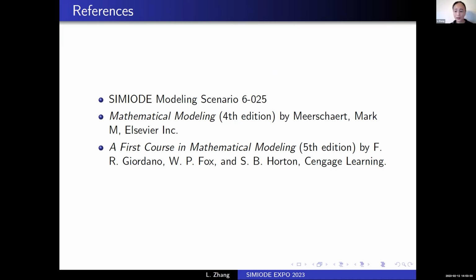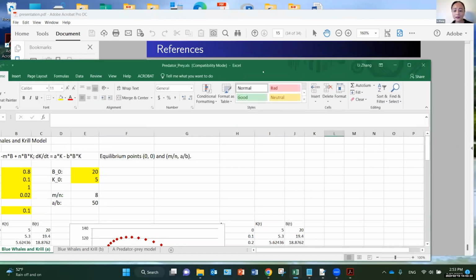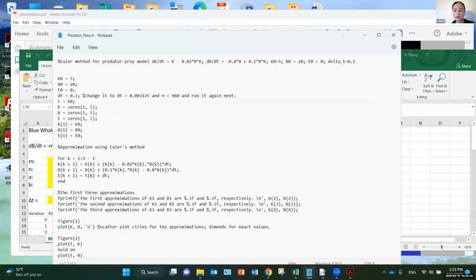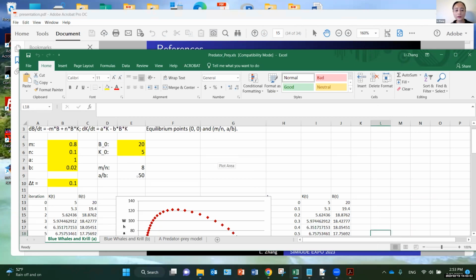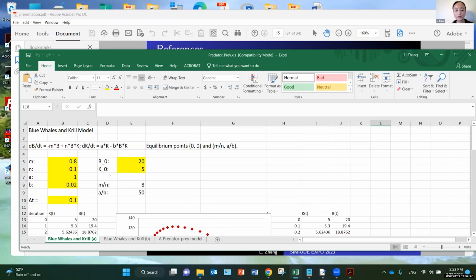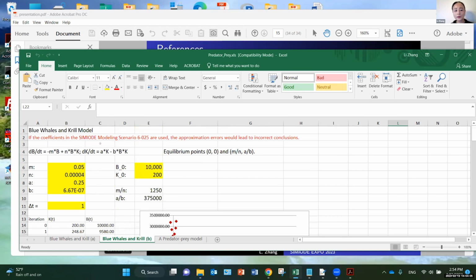Now I have a little bit of time here, so I just want to show you that earlier I mentioned I did provide them this Excel template, and also a MATLAB template if they chose to, but most of them actually just chose to use the Excel. They can just make changes whenever they change the numbers. So this is the parameters I used in my slide. But if using